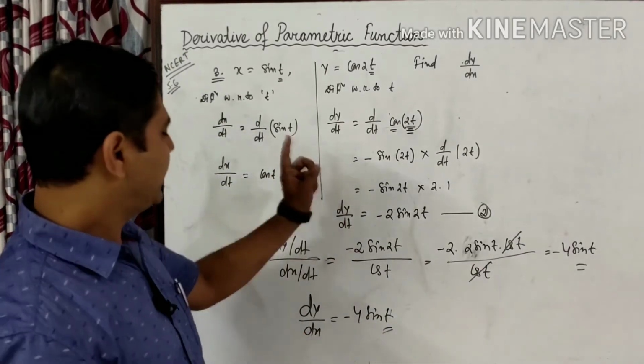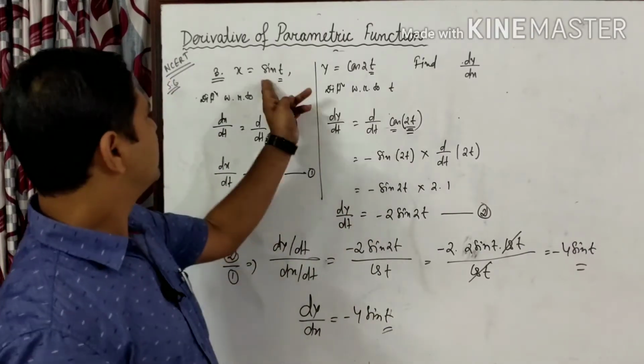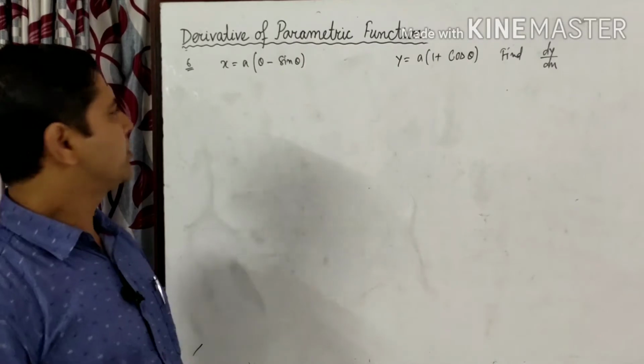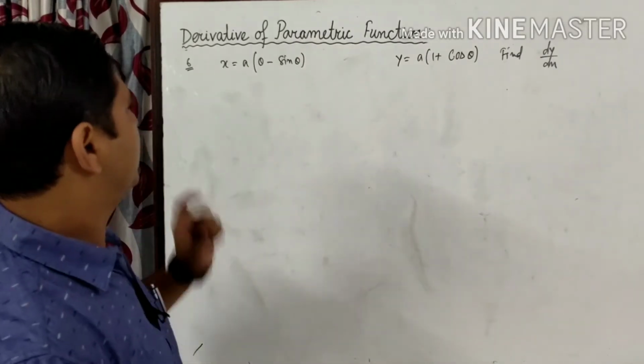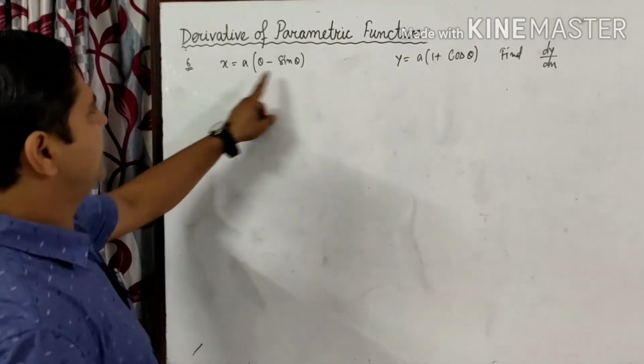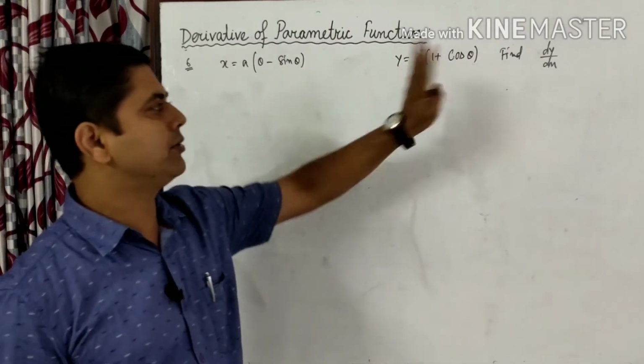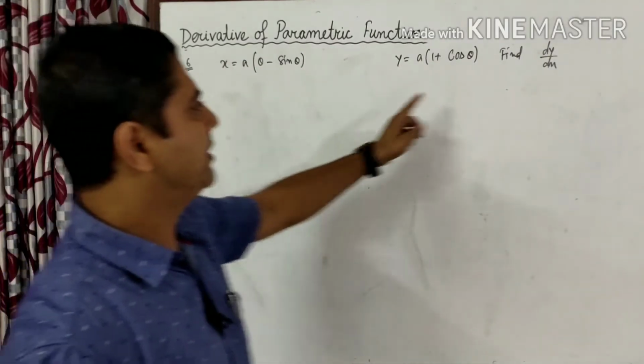We do not express it in x and y here, because what has been given in the function is the parameter t. Next, question number 6 from NCERT. Okay, here it is given the same thing: x is a function with respect to theta, then y is a function with respect to theta. Theta is the parameter. Now you have